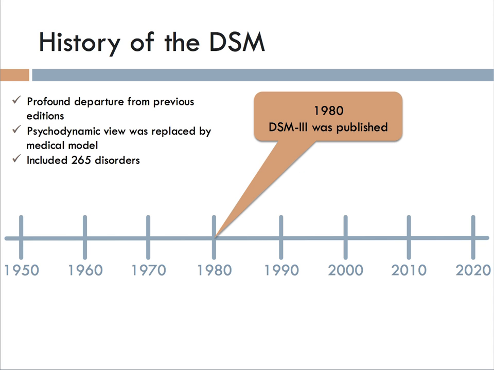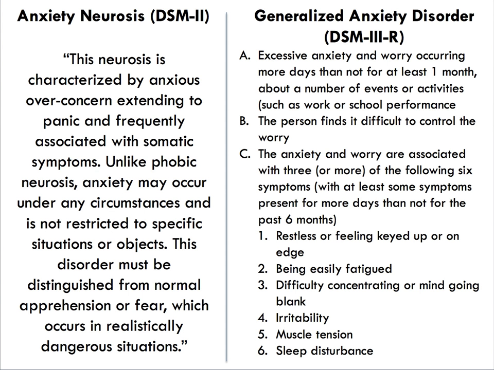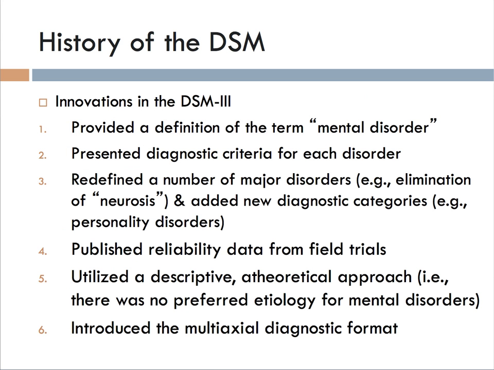And that's exactly what we saw in the next edition of the DSM, which was published in 1980. Not only were many more diagnoses included, from 108 and 80 all the way to 265, but in addition, the DSM embraced a medical model perspective on diagnoses. And that resulted in a movement from general descriptions of disorders to enumerated lists of symptoms that were designed to help practitioners assign diagnoses.